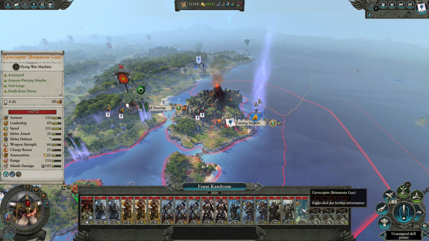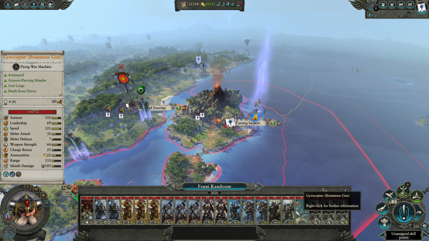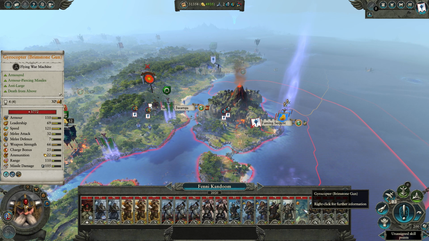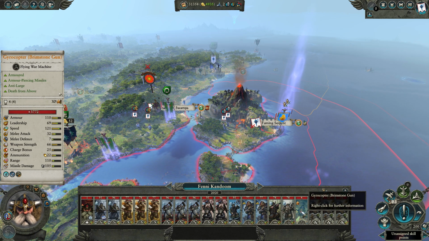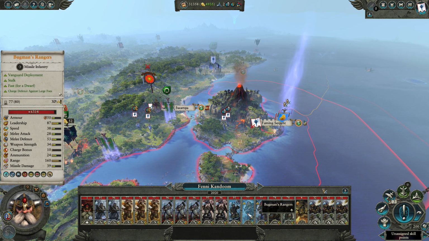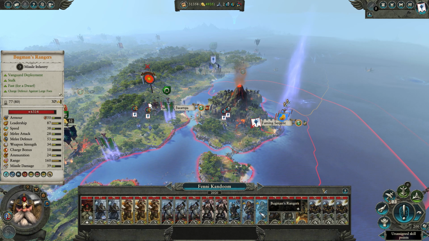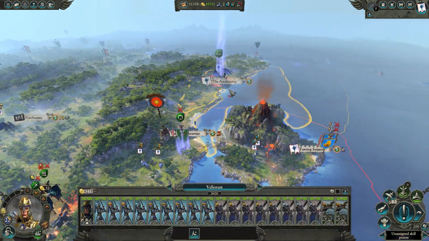Gyrocopters, sure, we have dragons that can take care of them, but these things are fast as hell. 121 speed, that's ridiculous. So they're very fast. Hunters, rangers, yeah, all their other ranged units we have a range advantage over. So I think,